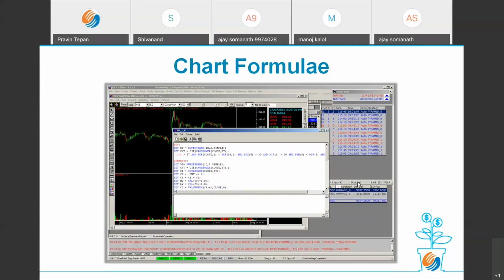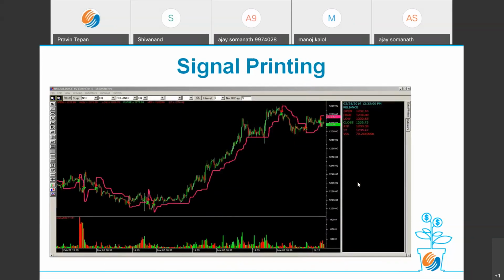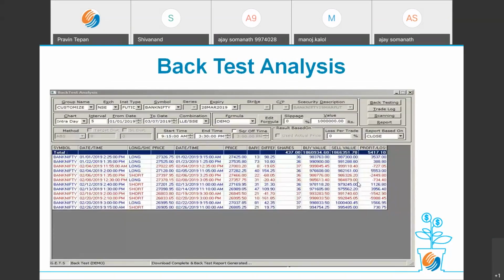We also have a GL guide which gives you in-depth analysis about the different strategies that you can run. It will print the signals as per the formulas that you run. You can backtest your data.